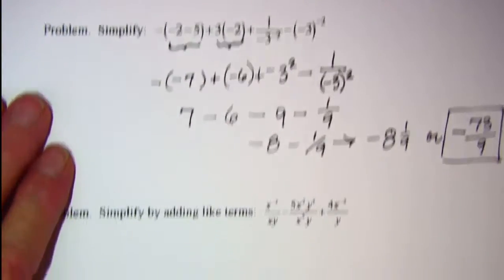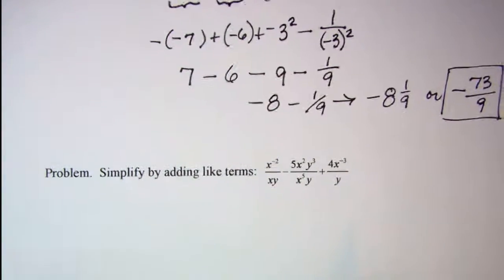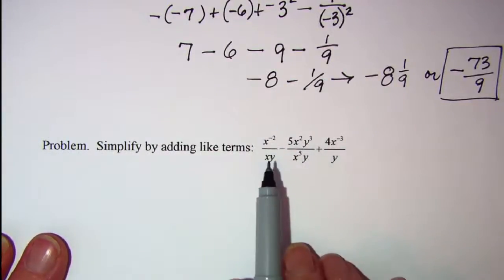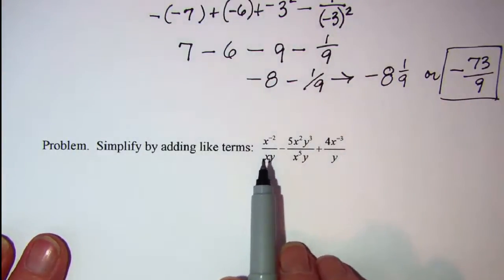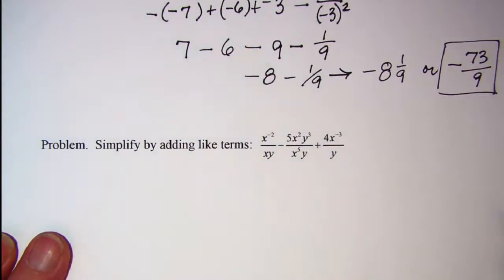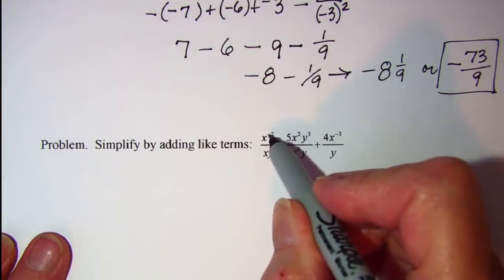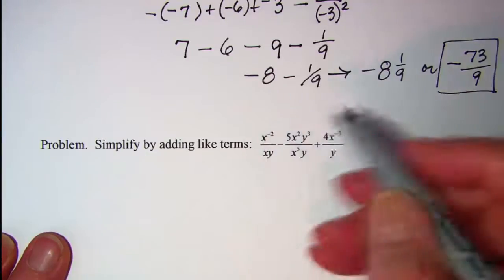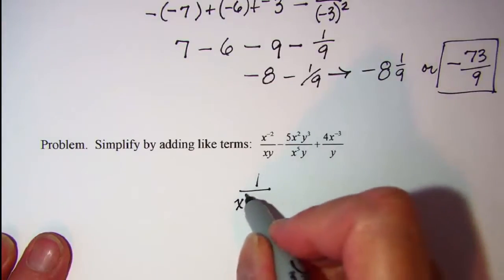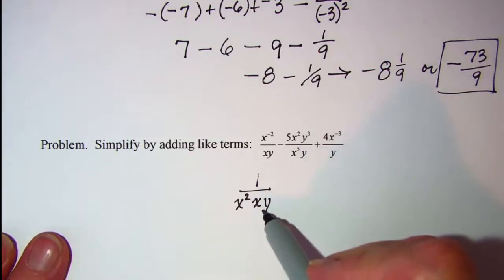Let's do another one. We're asked to simplify by adding like terms. So what we want to do is simplify each of these so that we don't have any negative exponents, and all the factors are simplified as far as possible. So if I move this x to the negative 2, if I move this factor down to the denominator, I'll have a 1 in the numerator, and then I'll have x squared, and then the x and the y that are all multiplied in the denominator,